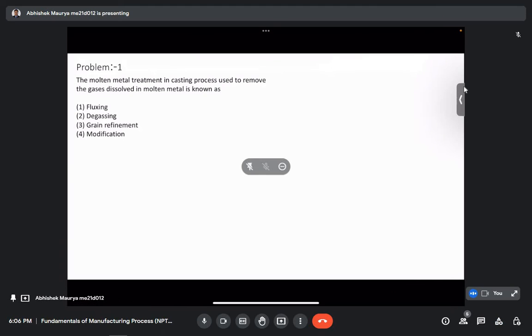So let's discuss the question. The question is: the molten metal treatment in the casting process used to remove the gases dissolved in the molten metal is known as what? Here it is being asked which process is used to remove the gases dissolved in the molten metal. So in the melt treatment processes we have seen